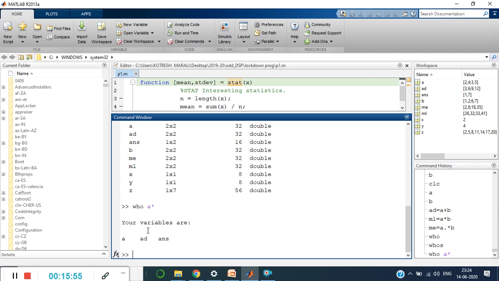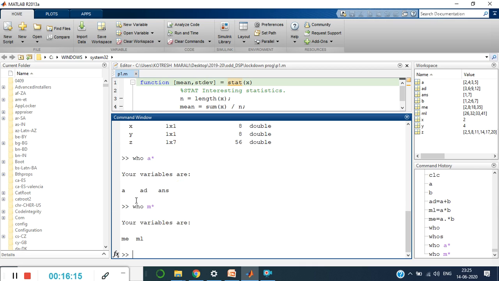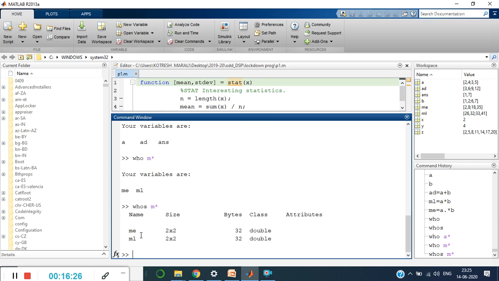But here it lists the A star variables, since it only gives the variables that start with alphabet A. Similarly, I will say who M star, it will locate the two variables, ME and ML. Similarly, whos M star gives me the variables starting with M and their size followed by bytes.